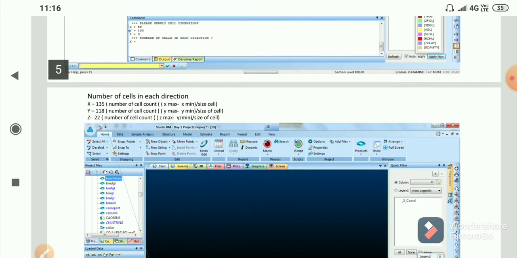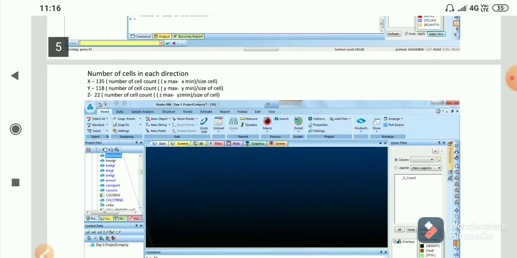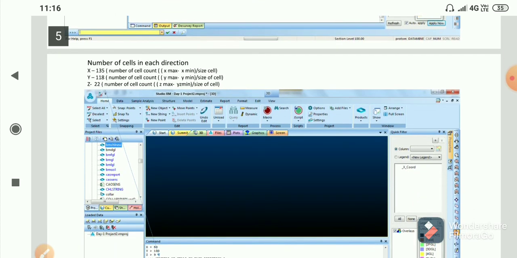The next question will be the number of cells in each direction. How do we get the number of cells? The number of cell count is equal to X maximum minus X minimum divided by size of cell. Likewise for Y maximum and Y minimum.